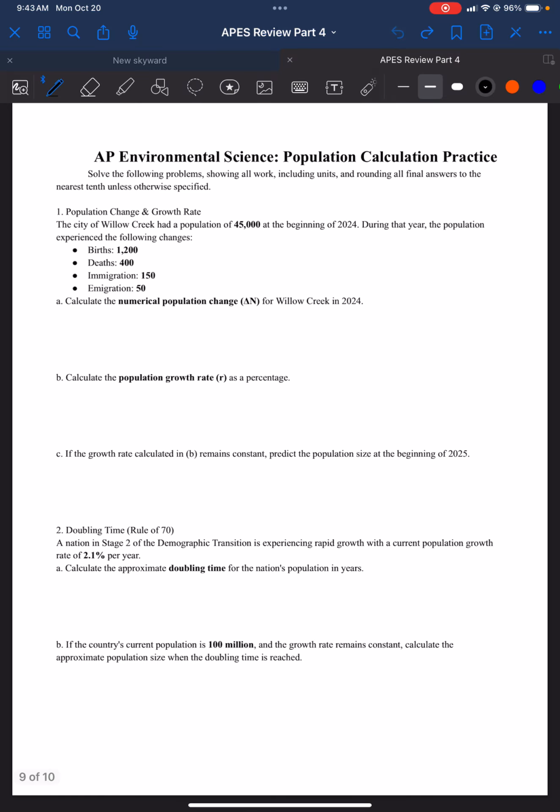So your population change formula is births plus immigration in parentheses minus deaths plus emigration in parentheses equals delta N. So my births, 1,200, plus my immigrations, from right there, are 150, minus deaths, which were 400, comes from right there, plus emigrations, which were 50, come from right there. We do the math, we get 1,350 minus 450